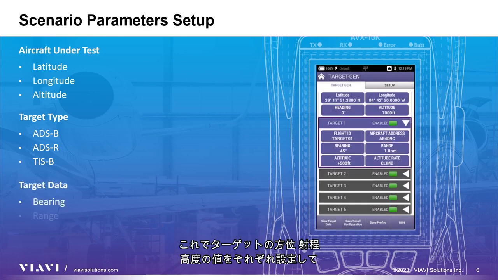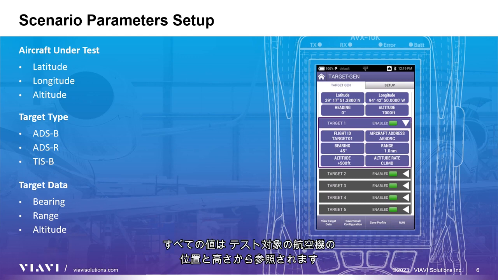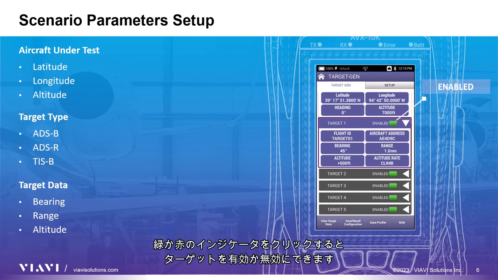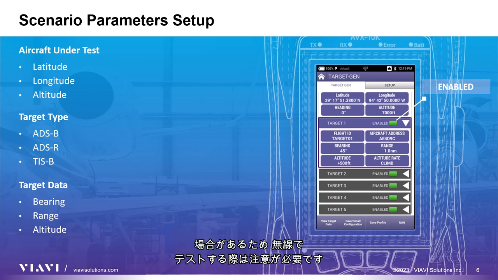Now you can set each of the target's bearing, range, and altitude values to place and point targets towards the flight path of aircraft under test. All values are referenced from the aircraft under test location and height. Targets can be enabled and disabled by clicking on the green or red indicator. Again, please note, care should be taken when testing over the air, as these targets may appear on other aircraft